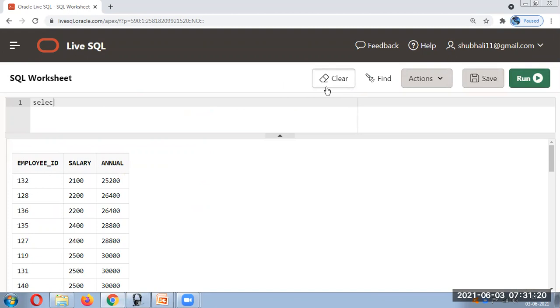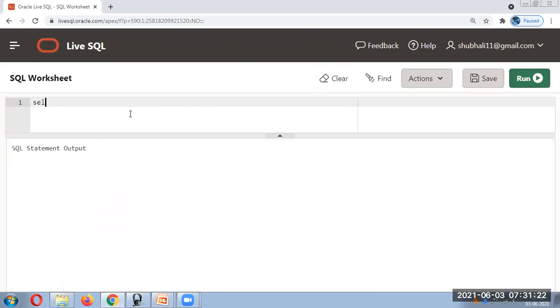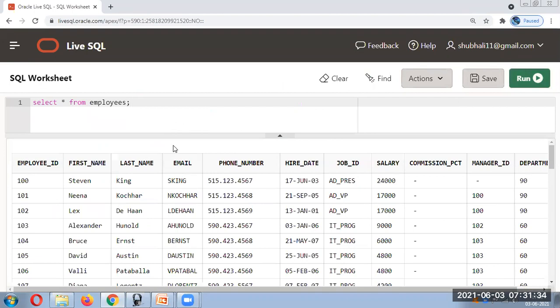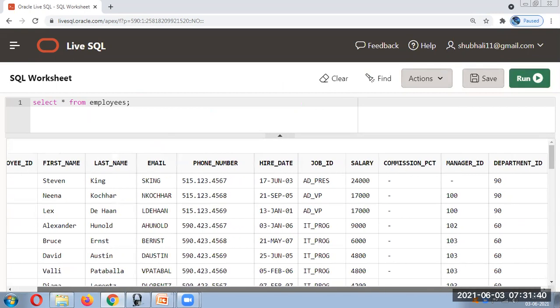Let's see the data first, what is available. Okay, so we want specific data where the department ID is, let's say, 90.